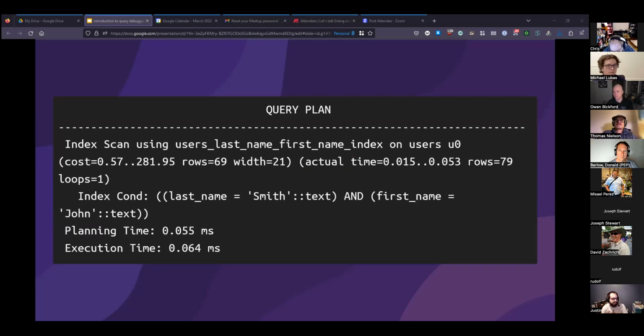So we create that index, and as we can see now, we are doing just an index scan on the last and first name index. This is now at 0.064 milliseconds. This is significantly faster than even the double index that we had, which was at 60 milliseconds. This is even faster than the 2300 milliseconds that we initially had, and again, the 17 seconds that we saw